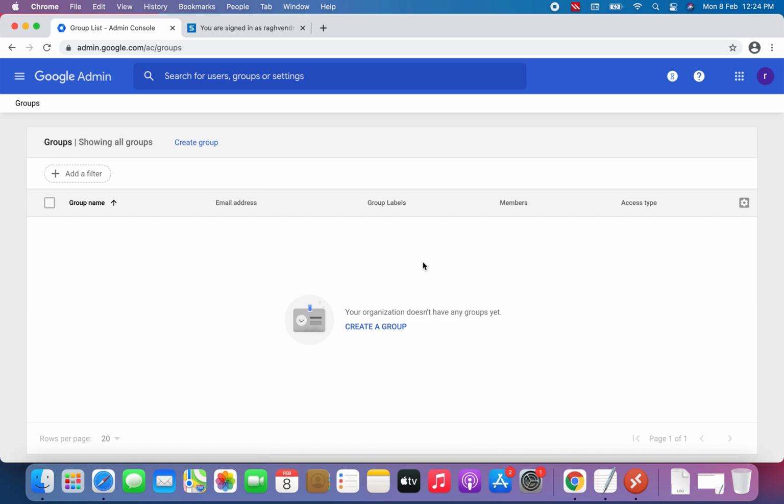Before creating a group, I want to share what a group is and why we use it. A group is the combination of multiple email IDs for a particular domain. Domain here means, say, related to HR only, or network admin.